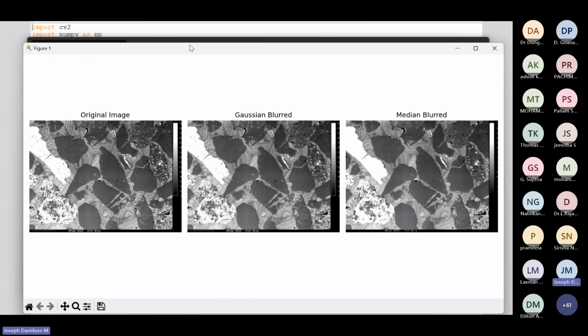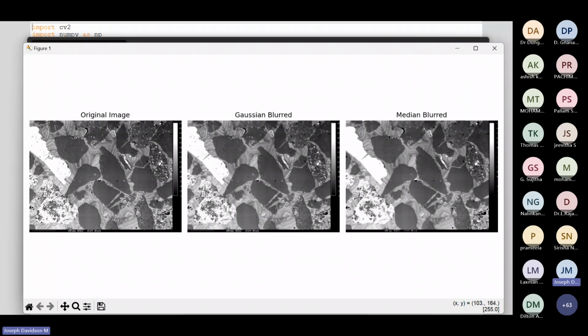We give an original image, for example, the leftmost one here. Somewhere here you have a lot of small dots. That particular dot is not because of the inherent nature of the grains. It is because of some noise. That area is not properly revealed, or not properly polished, or there may be some pore inside. So when I measure it automatically, my code should not treat that as a grain. It is not, in fact.